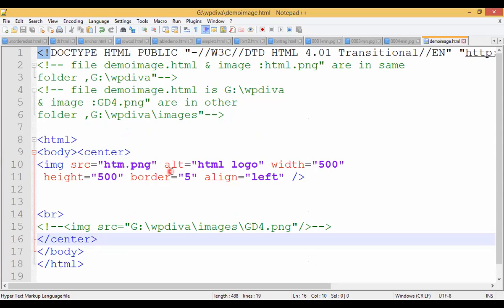So to handle that, we are using alt. Alt means what? Alternative for the image. If there is some network problem or the image does not exist or some error is there while displaying that image, it will display that alt message saying that here there is an HTML logo. Okay, so this is a message to identify in the absence of the image. Okay, if the image is not there, this text is used. Clear to you? Now let me execute it back for you.